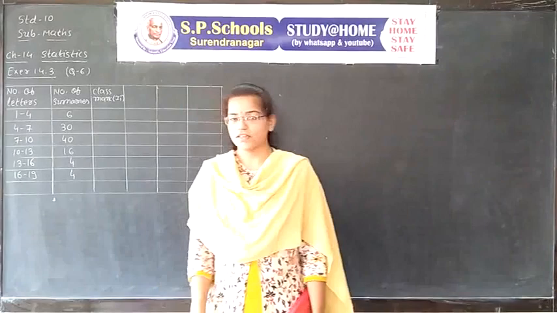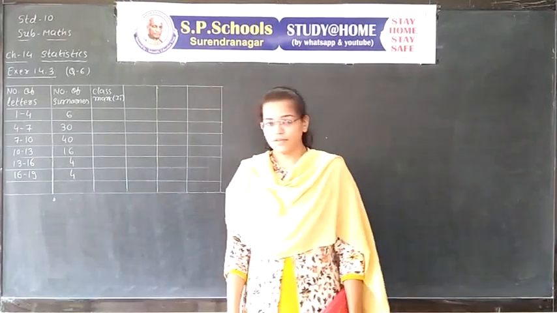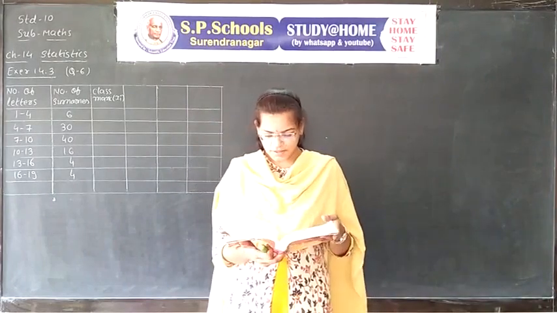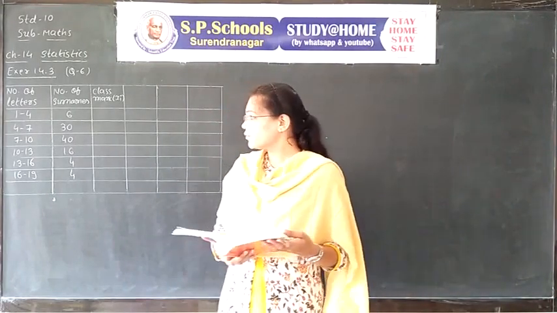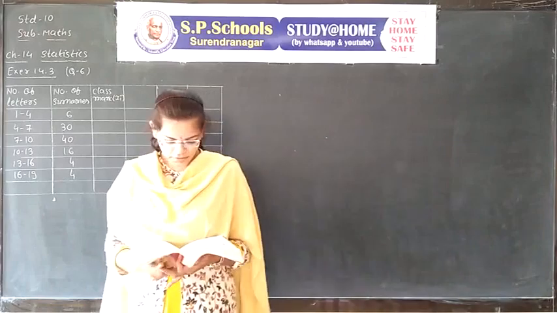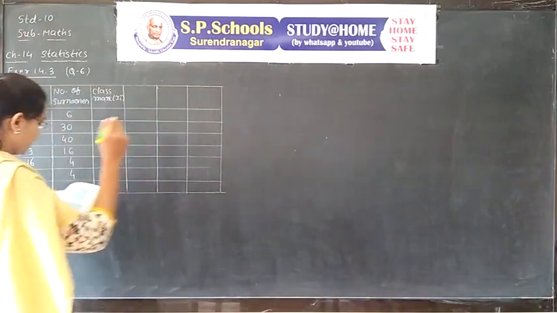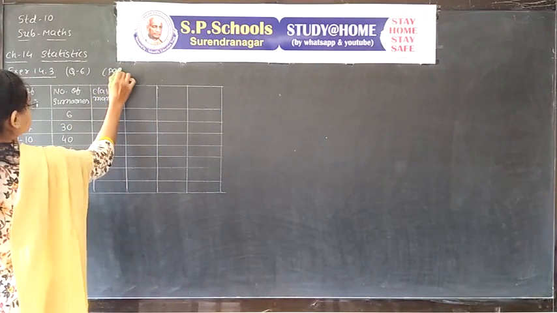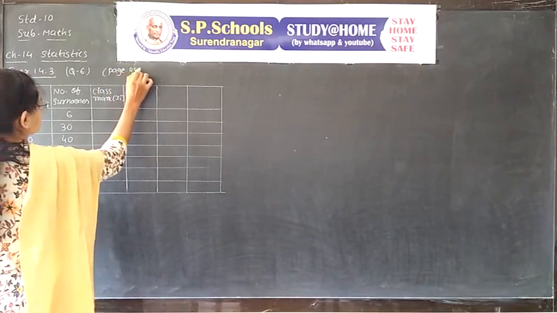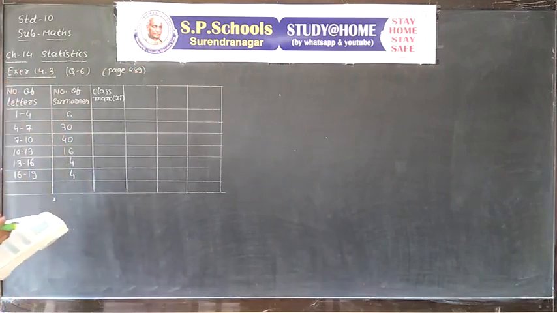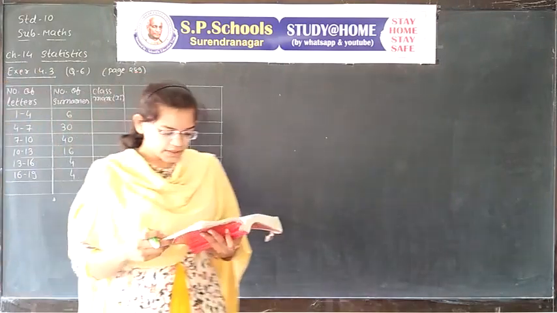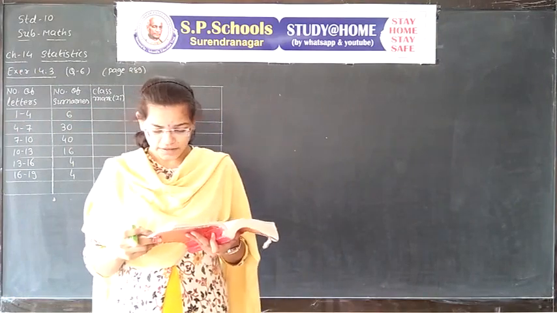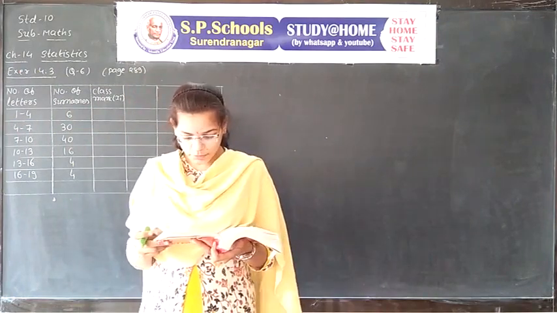Students, in the last session question number 5 from our exercise 14.3 was completed. Now we discuss question 6 from exercise 14.3. Question number 6 is in your textbook on page number 289. See the question first. 100 surnames were randomly picked up from a local telephone directory, and the frequency distribution of the